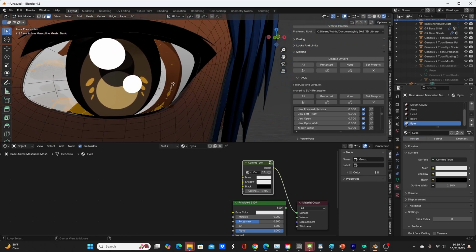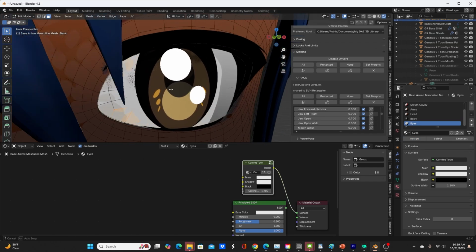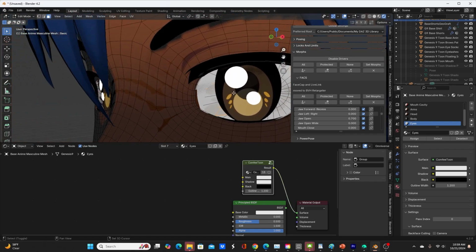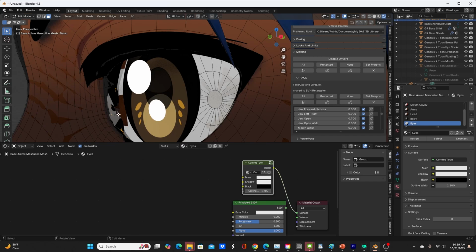Can't really hit L because that will select everything, and we don't want to assign this to the whole body. So I'm just kind of hovering around here trying to see what we can